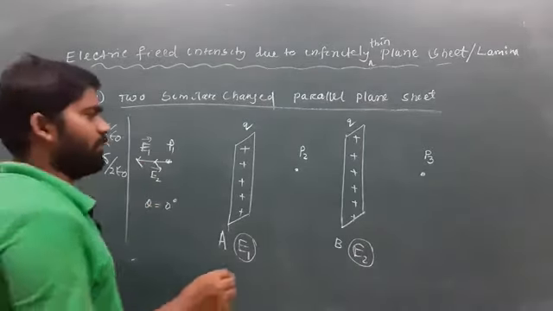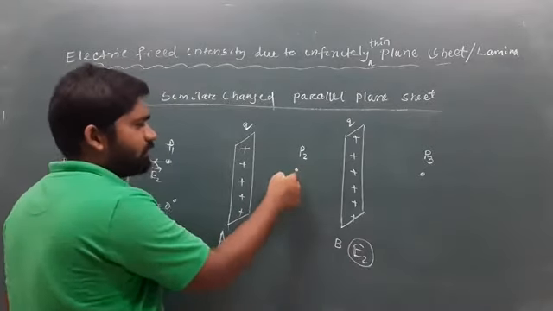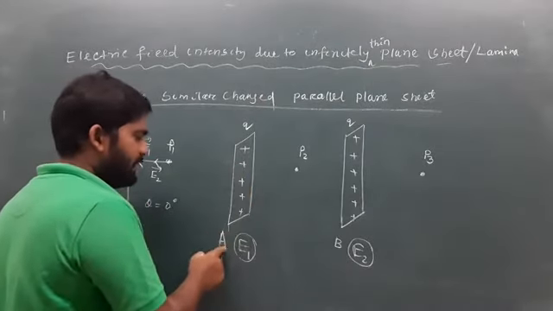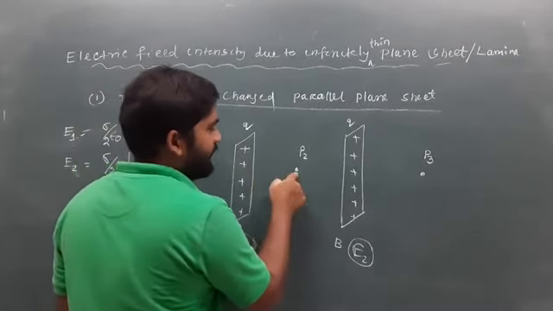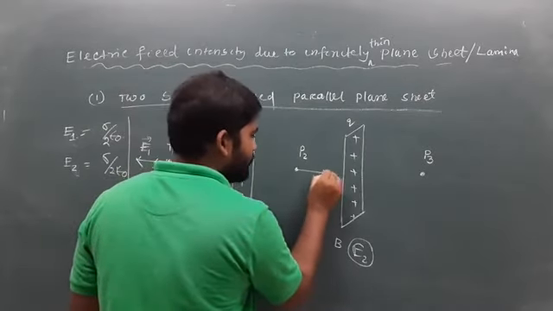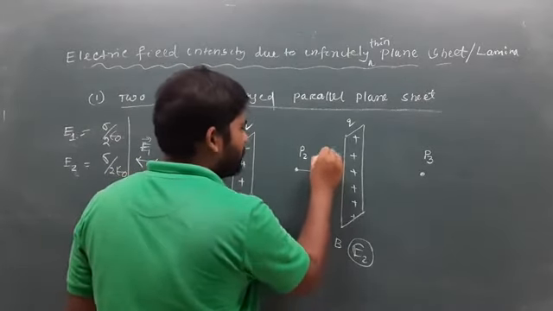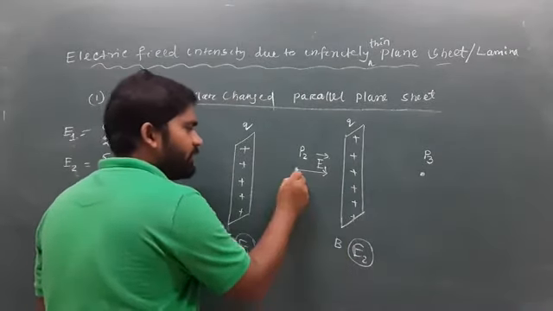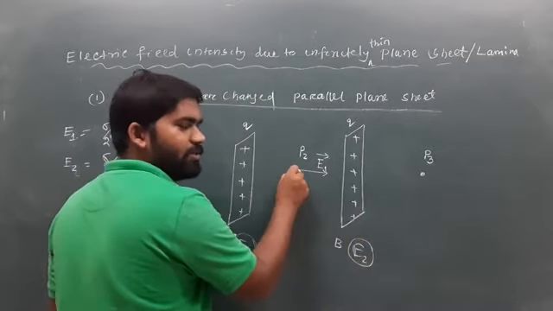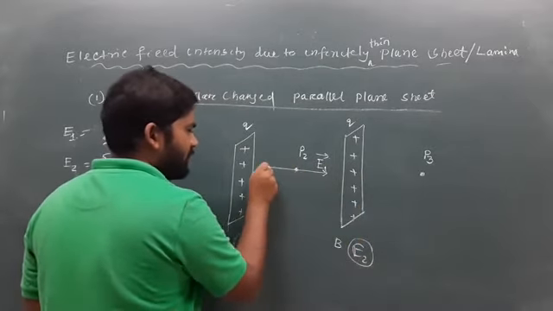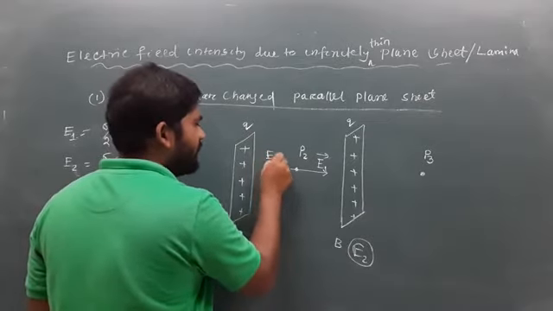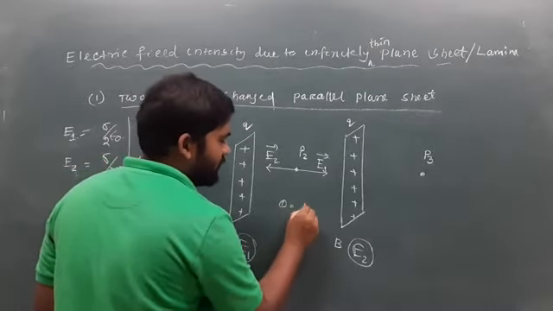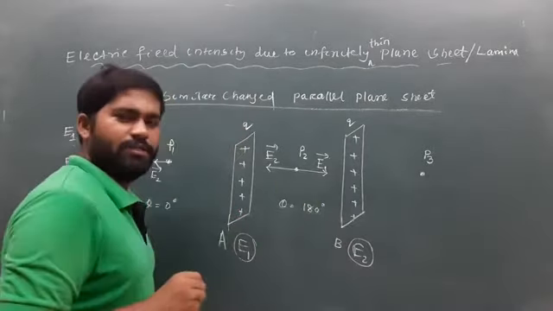Okay. Now come to point P2. Okay. So at P2 there is also a unit positive charge, means there is also for plate A this one is positive, and when plus acts on this point this makes repulsive, so that will be E1 vector. Okay. Now for plate B, so electric field at point P2, this one is positive and here also a positive charge, so plus plus, that will be repulsive, so that will be E2 vector. Okay. So at point P2, what is the angle between E1 and E2? Theta equals to 180 degree.